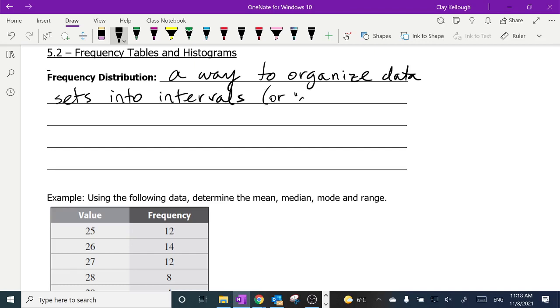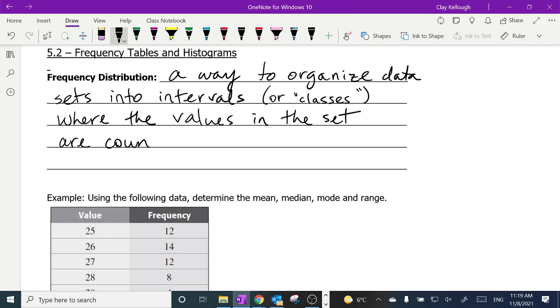Another word for intervals here is classes, where the values in the set are counted as you would